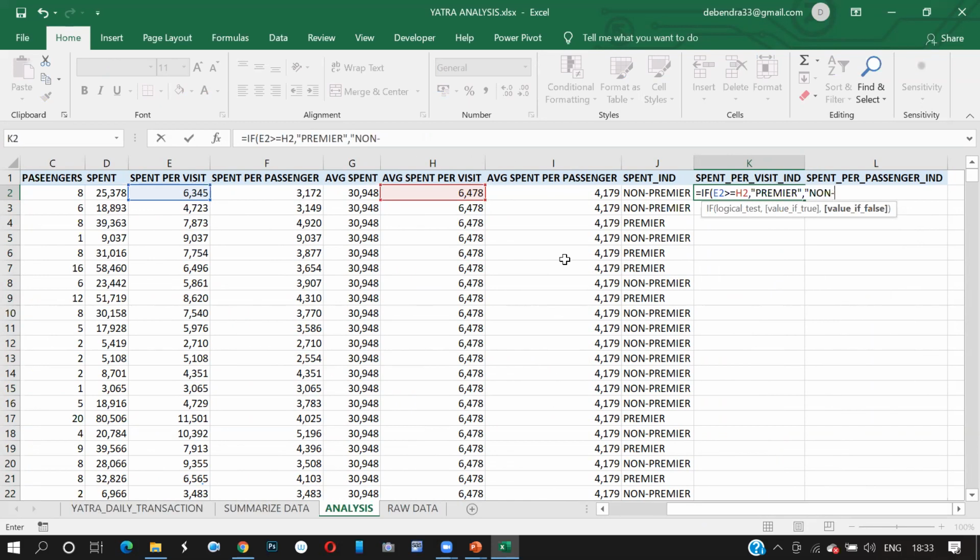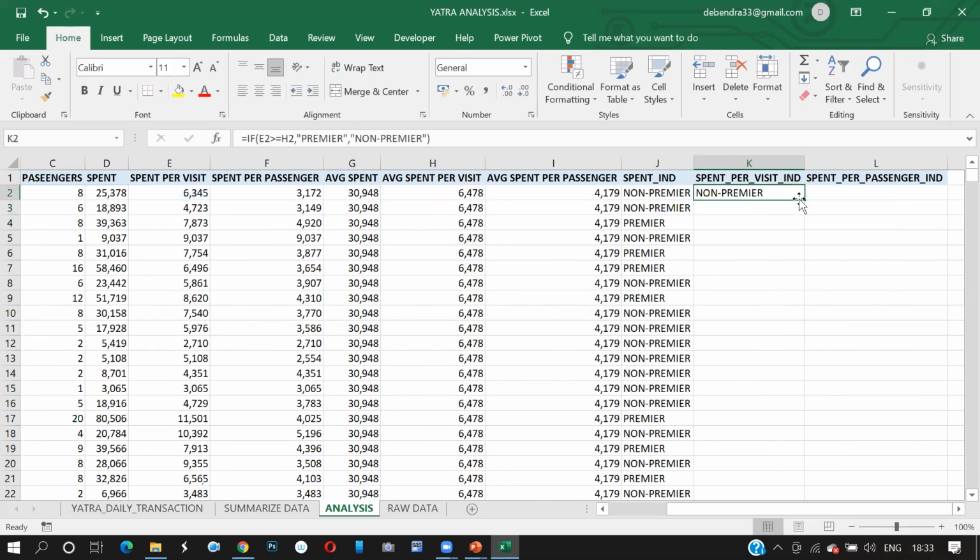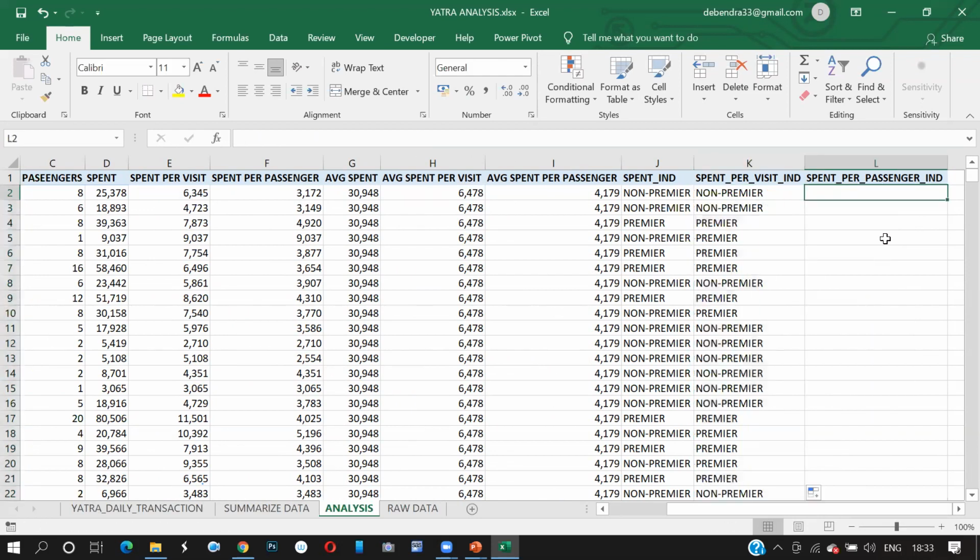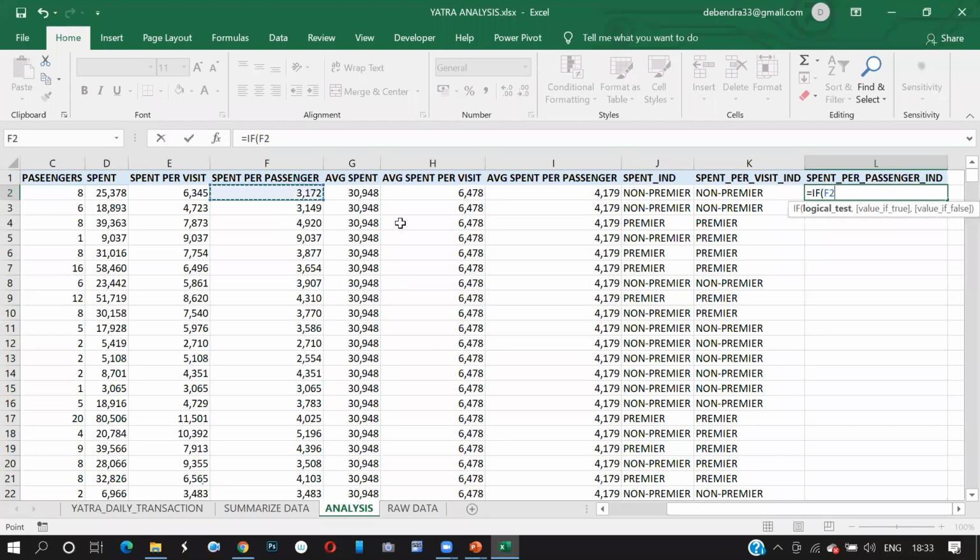Else, we call this non-premier. For the spend per passenger indicator, if the spend per passenger is greater or equal to average spend per passenger, it is going to be premier. Else it is going to be non-premier.